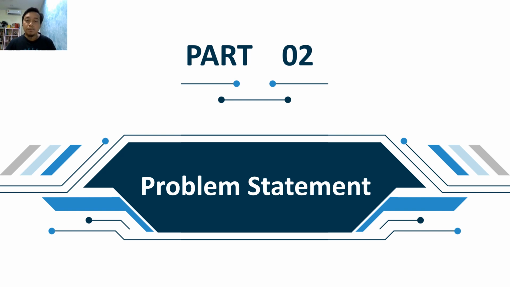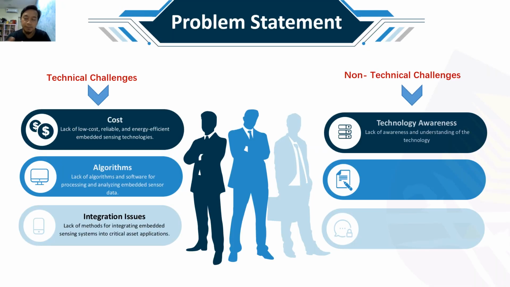Next, we go to the problem statement. For the problem statement, I categorize it into two categories, which are technical and non-technical challenges. For technical challenges, the first one is a lack of low-cost, reliable, and energy-efficient embedded sensing technologies. Existing embedded sensing technologies are often